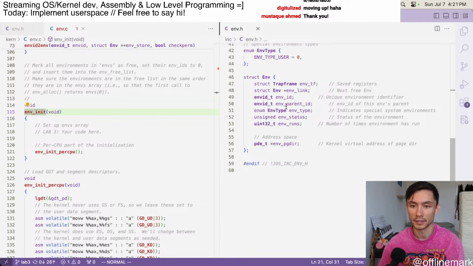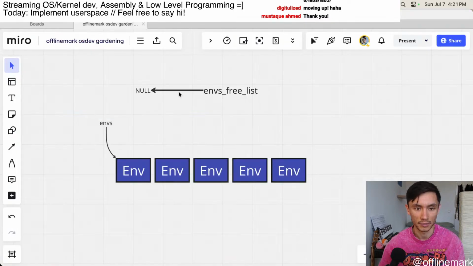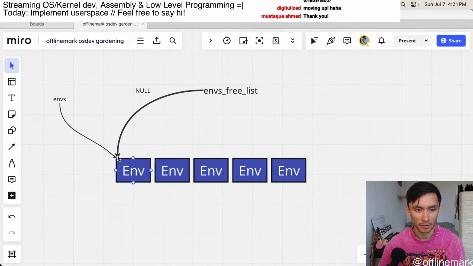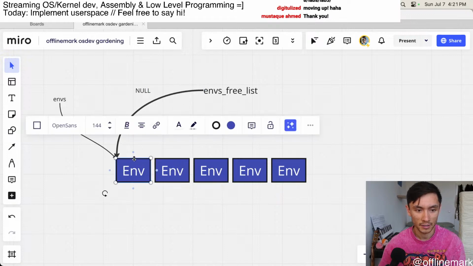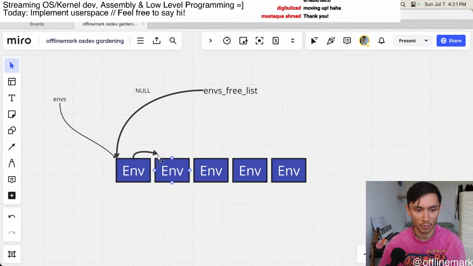Env ID, userspace. Okay. Make sure the environments are in the free list in the same order as in the array. So the first call returns envs[0]. Okay, so what's it going to look like? So we have our envs pointer, and the goal is pretty much each one points